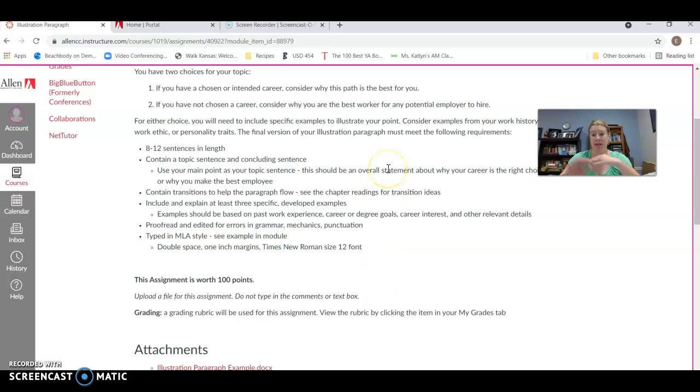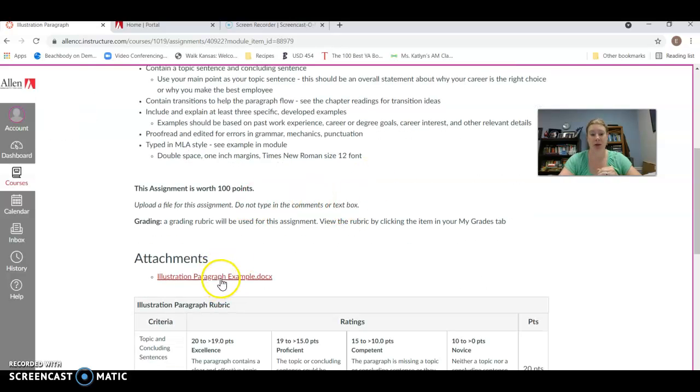The paragraph is a single paragraph, about 8 to 12 sentences, so it's a little bit longer than what you might normally write in an essay, but I am trying to make sure you get all of that content in there, so that's why it's a little bit longer sentence-wise than you might normally write. Make sure that you have that introduction sentence and concluding sentence, because it's just one paragraph. That chapter on writing well will discuss how to write each of those sentences and what those should contain. Obviously, the middle of your paragraph is just examples.